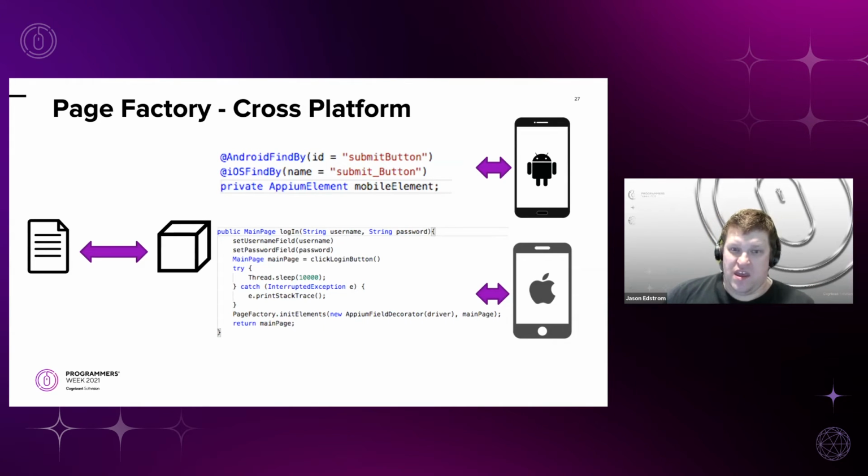And in the top section here, you can see the Android and iOS annotations. You can see that I'm calling out an ID for Android, which is pretty standard, and then I'm calling out the name field for iOS. And then it is all being deposited inside of an Appium element right below it.